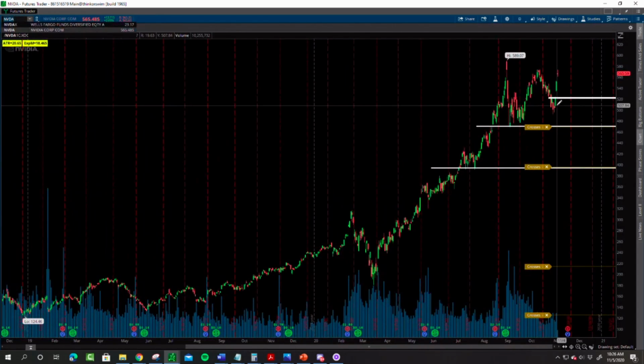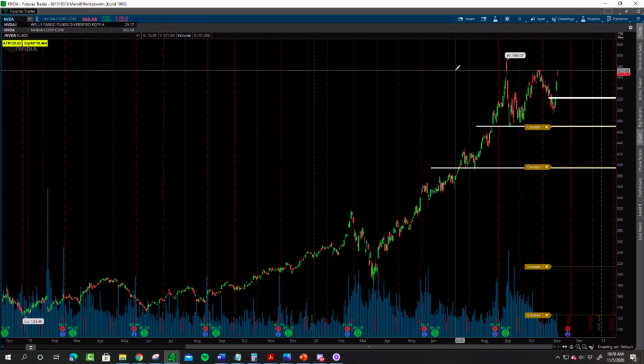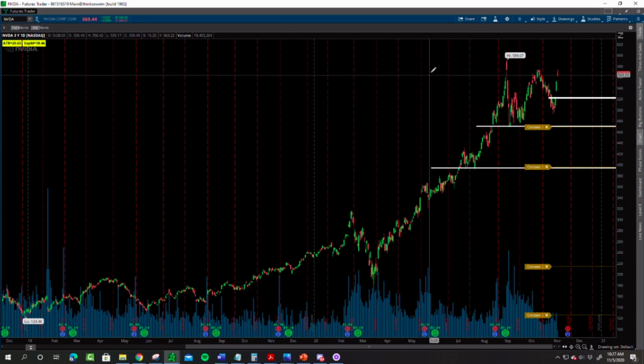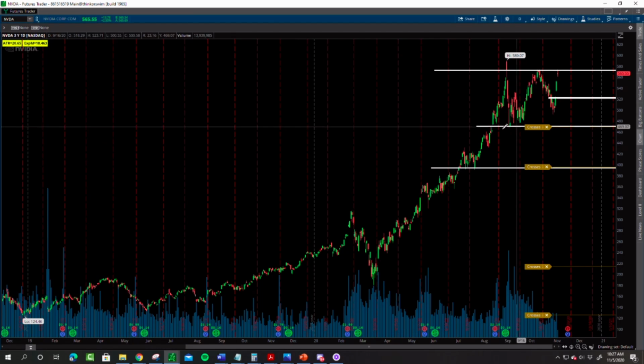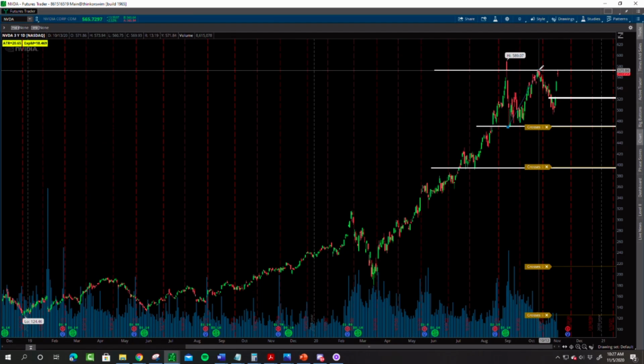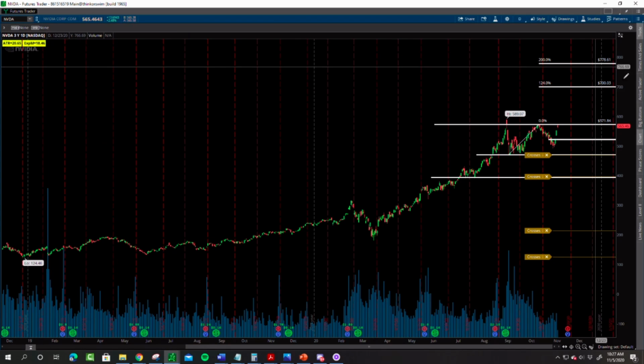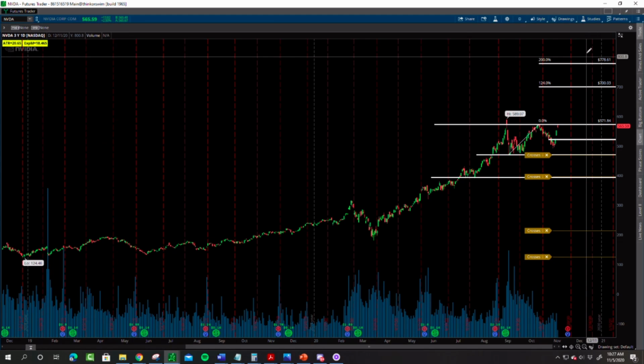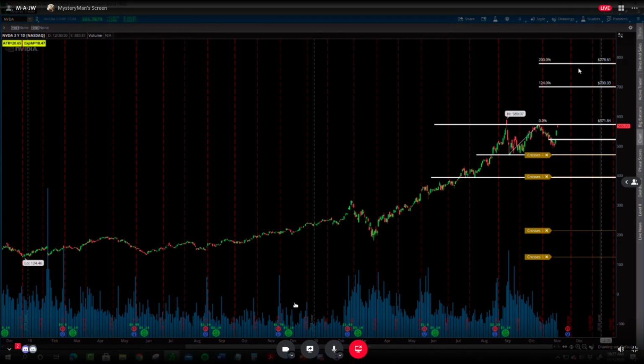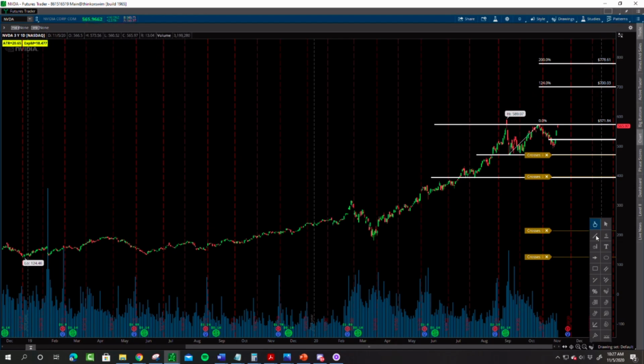Here's NVIDIA, right? NVIDIA needs to make the break over here and hold over it for the close. It's 570. All right. If I look at what we've put together here, we're looking for this move, which gives us these big upside targets. Okay. 690, 765. I didn't draw this exactly perfect. So on a percentage basis,